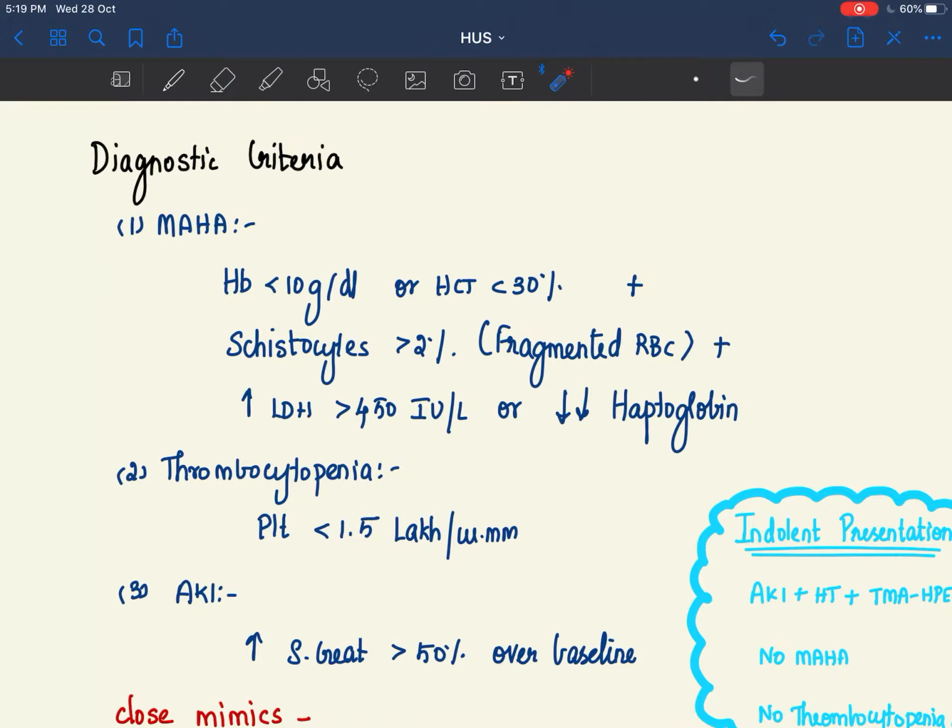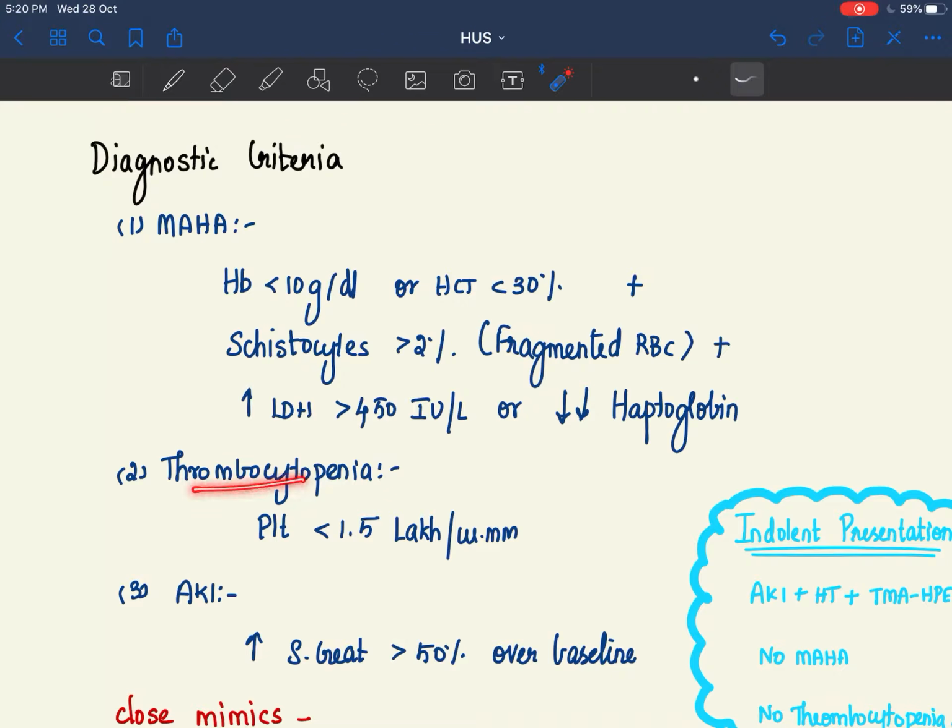Why is haptoglobin reduced? See, whenever RBC gets lysed, hemoglobin comes out, correct? So whatever hemoglobin is there, it will try to bind to haptoglobin, and if that is getting saturated, then hemopexin. If that is also getting saturated, then you get free hemoglobin in blood, hemoglobinemia. Understood? So if haptoglobins are getting occupied by this hemoglobin, then the free haptoglobin levels will automatically come down. Hence, that is evidence of the hemolysis which is happening. Okay, so you have evidence of hemolysis, you have evidence of anemia.